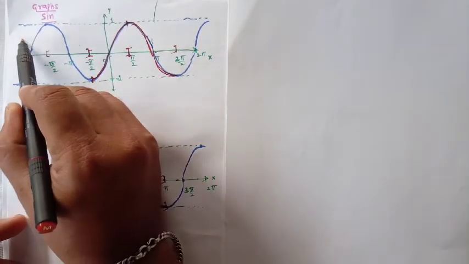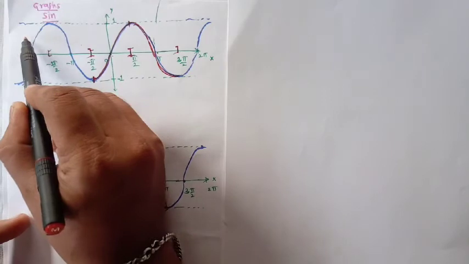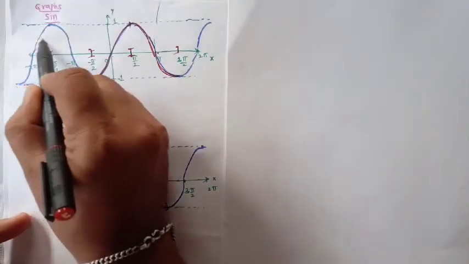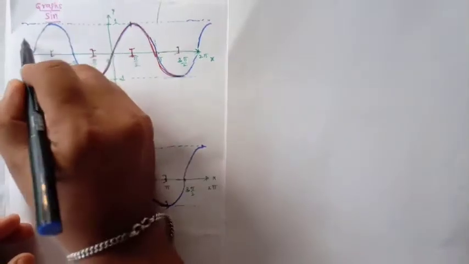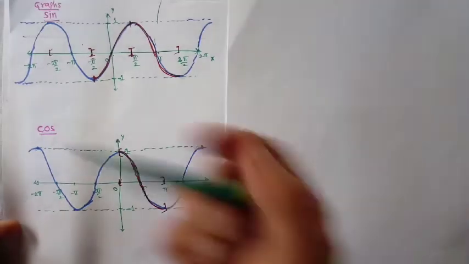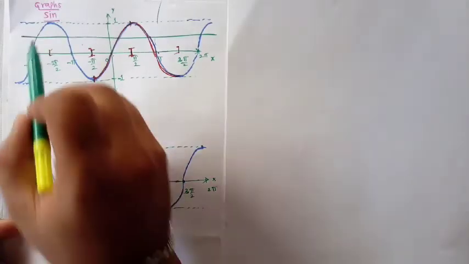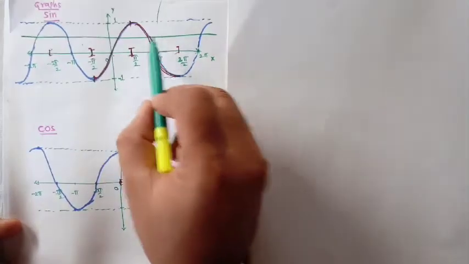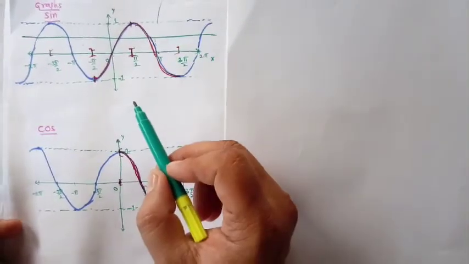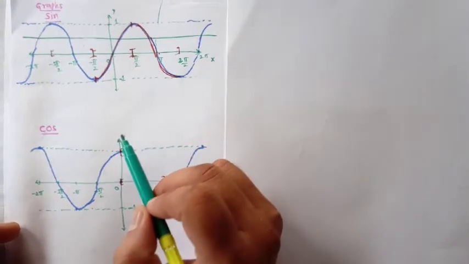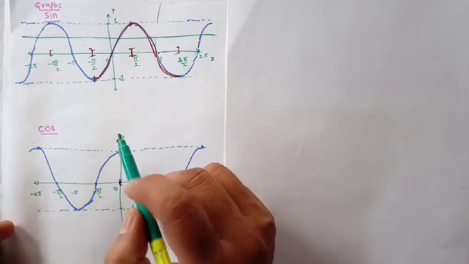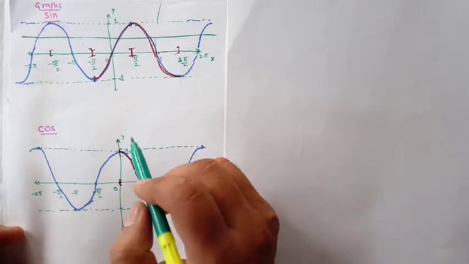So drawing a line parallel to the x-axis, in how many places is it intersecting? 1, 2, 3, 4, 5, so many places it is going to intersect. Then f is not 1-1 in the total real number system. So for the same reason, we are restricting it,